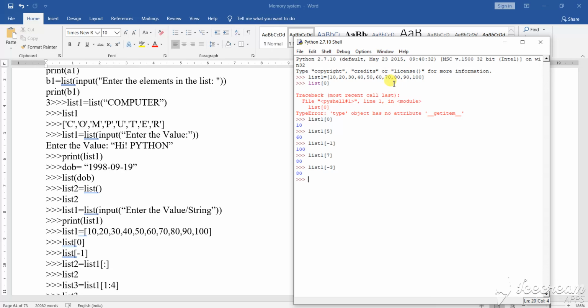Now list 1, suppose -3 position, the third position from the back, is also 80. That means -1, -2, -3. This is the address of the item I am mentioning, and based on this address position of a list item, it gives you the output. Clear?